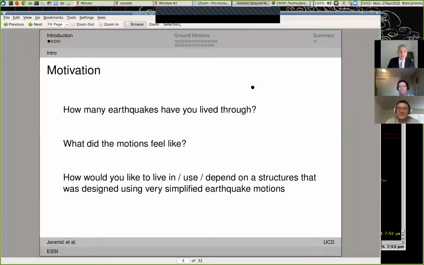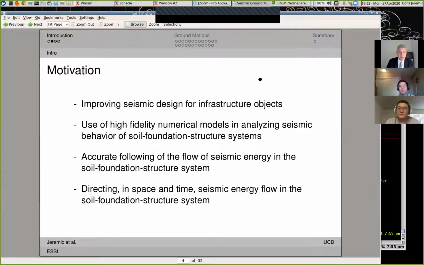Anyway, most of these earthquakes, what we usually feel is horizontal motions because we are in buildings, and most of the time buildings are very soft this way, and rarely do you feel verticals, although both are present. So the motivation of our work is really to improve design, seismic design and design in general of